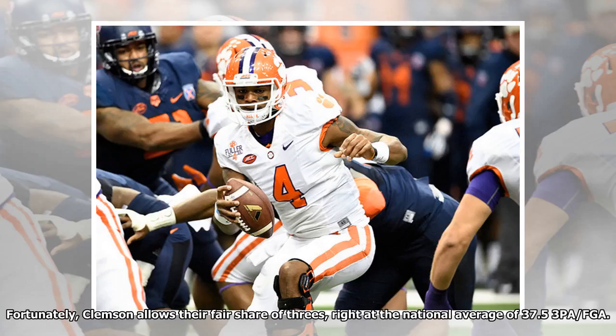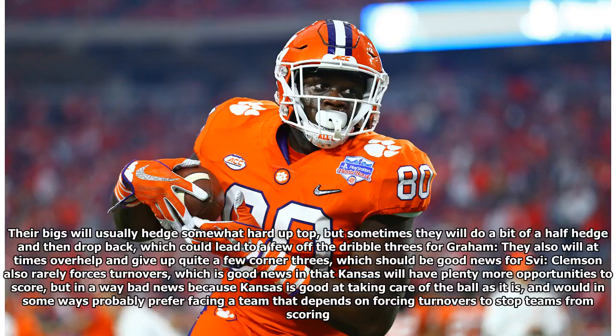Fortunately, Clemson allows their fair share of threes, right at the national average of 37.53 3PA per FGA. Their bigs will usually hedge somewhat hard up top, but sometimes they will do a bit of a half hedge and then drop back, which could lead